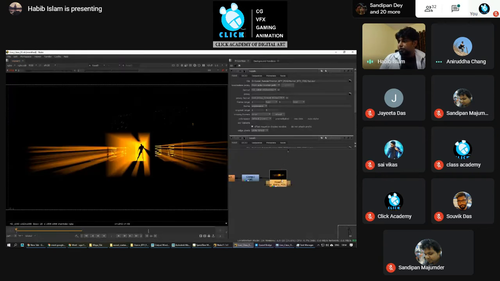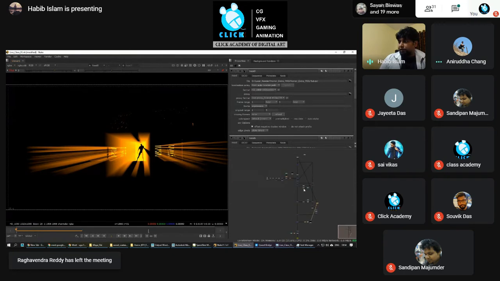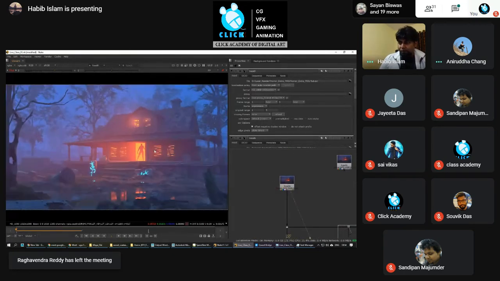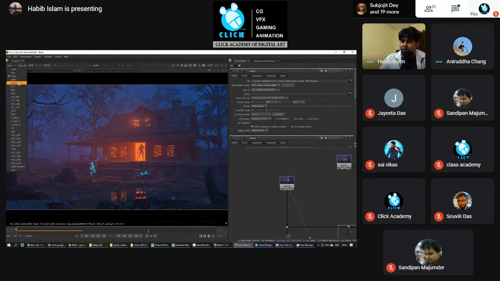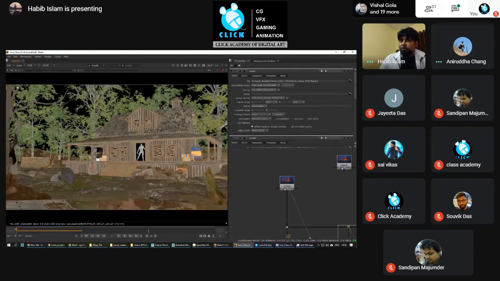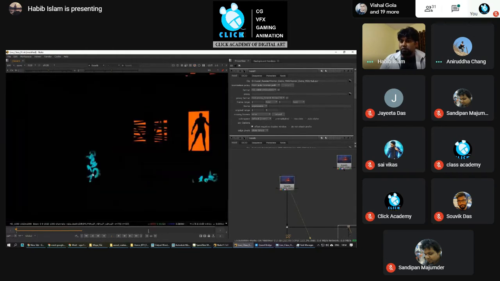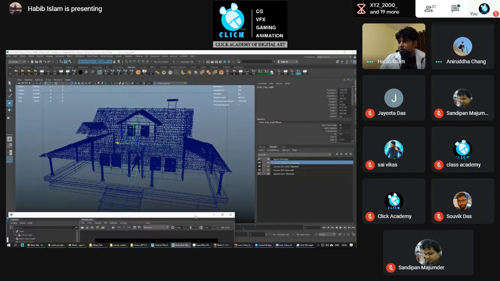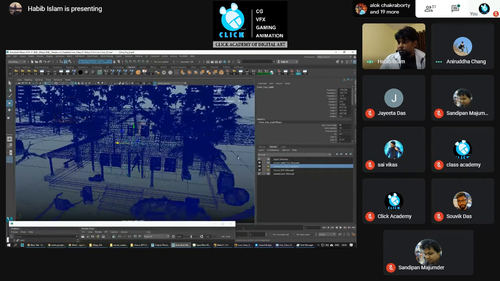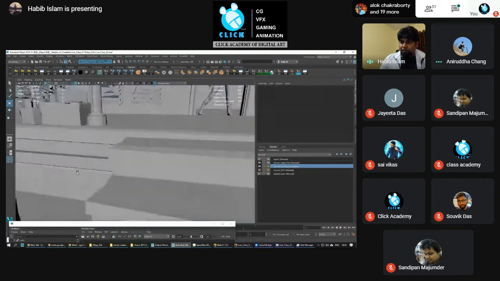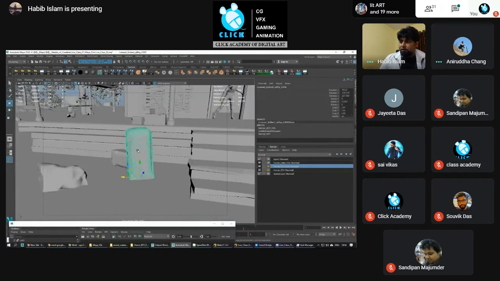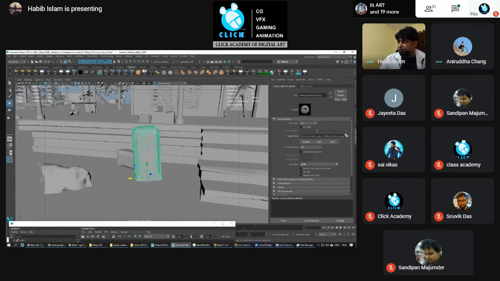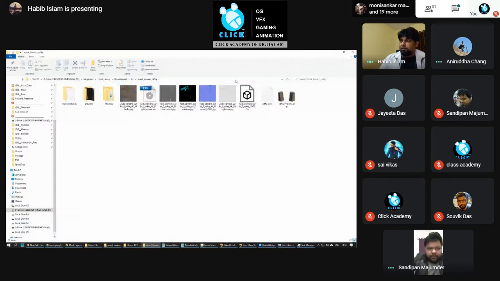And so there are two layers I rendered: one extra fog light and one the beauty layer with all the passes, with all the fog, and with all the separate passes as well, like diffuse. And this is my emission pass. Using this pass, I've added the glow. For the emission, you can see the shader of the emission is like this. For this object, I've created an emission pass.